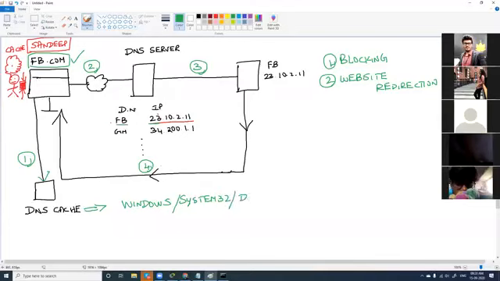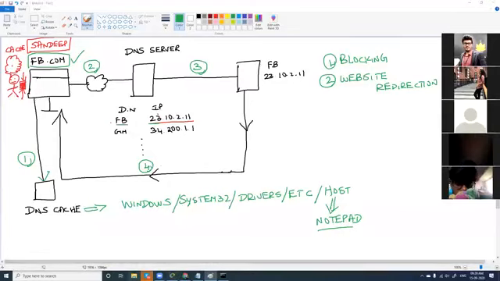You have drivers, and in drivers you have a folder called etc. And in etc, you will have a file called host. This is located in your system. I'll show you this. You have a file called host, and you can open this with the help of Notepad. For Linux, it's a different location. But for Windows, yes, you can open this with Notepad, and I'll show you this.